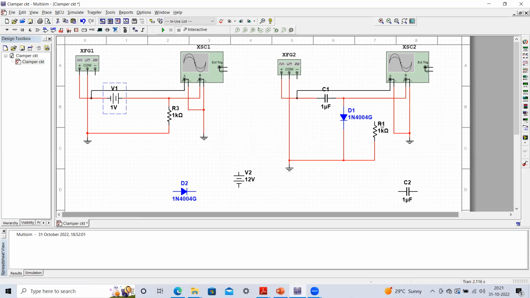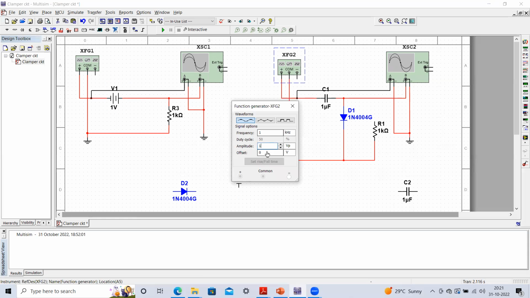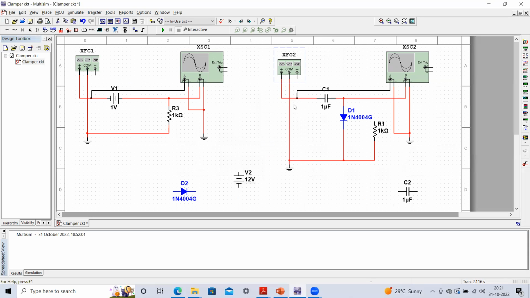Okay, and I'm just taking this signal as 1 kilohertz, the frequency. And this input peak to peak value, this is V maximum. In fact, this is your V maximum value, so the peak to peak value will be equal to 2 volt. So here we can see that if we apply this particular signal and then take this particular circuit,